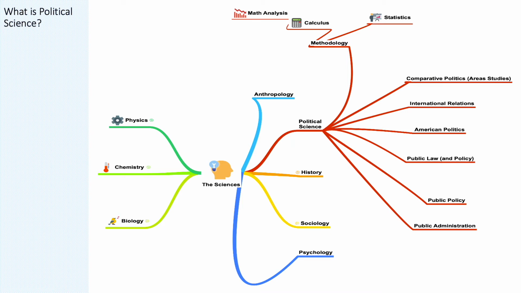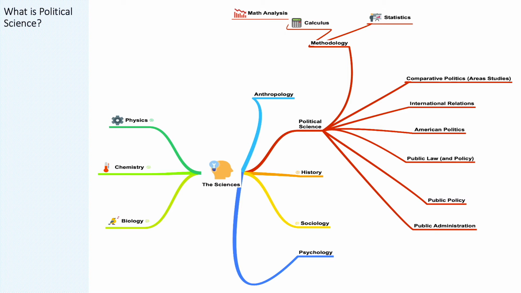Political science very much is like the mixed martial arts of social sciences. It absorbs and uses different other social sciences for its own purposes in order to construct a coherent understanding of power, because political science is, after all, the study of power. Political science is a discipline that has a number of fields, and those fields in turn have many subfields.